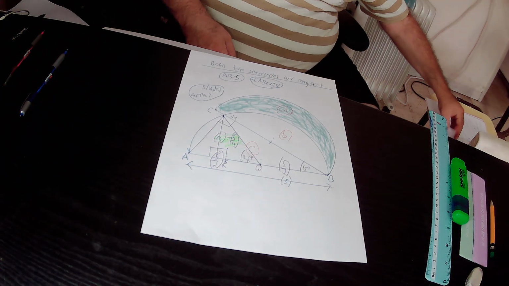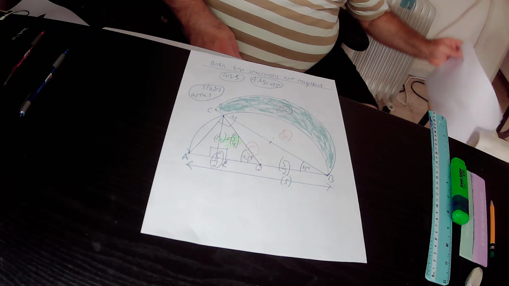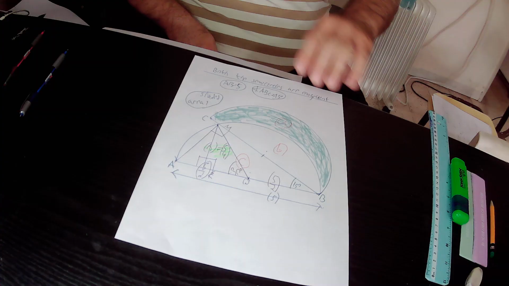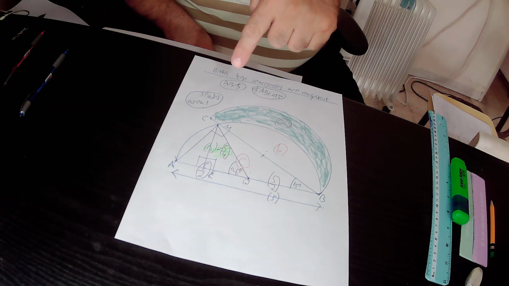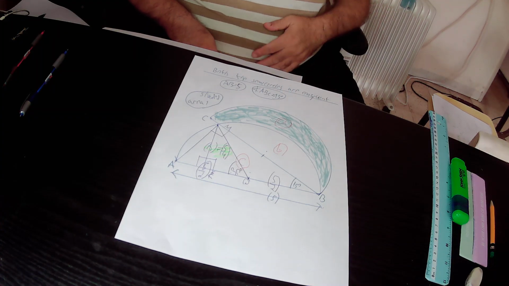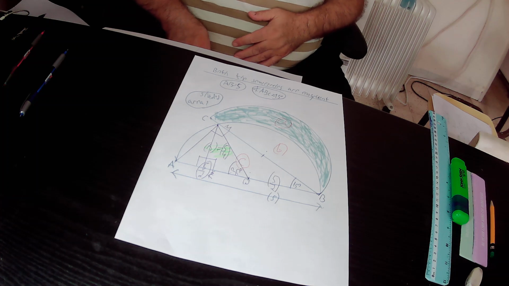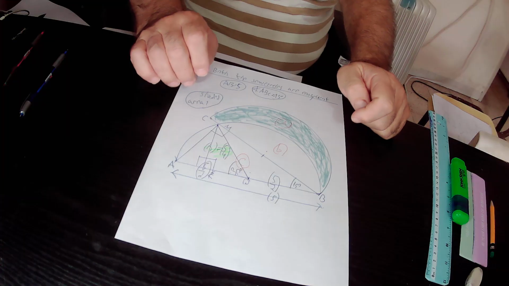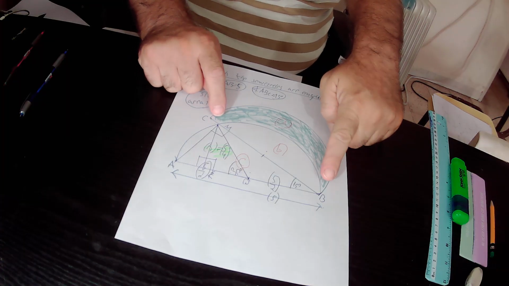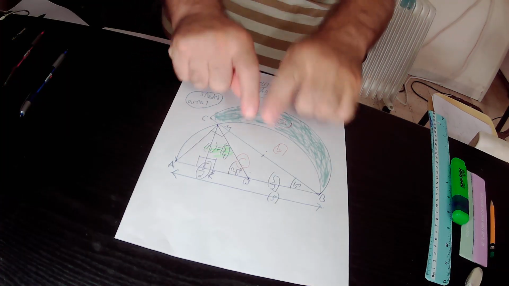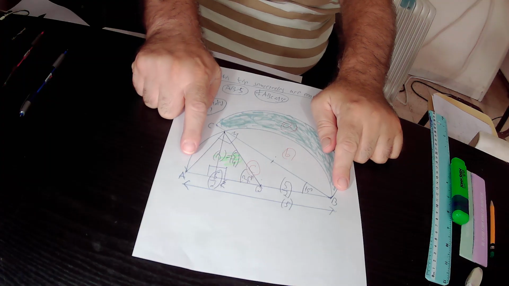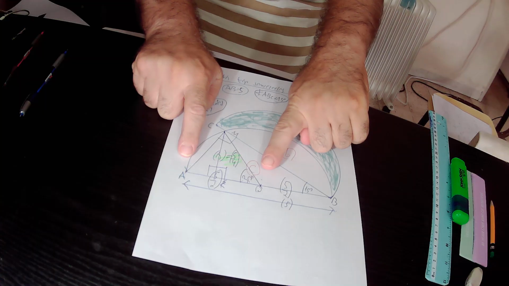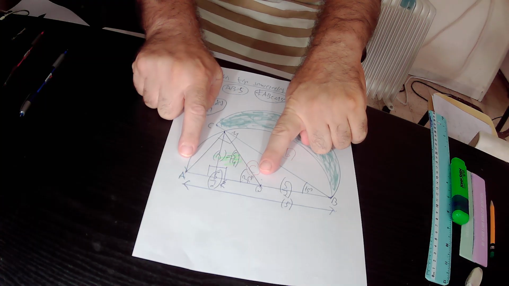In the second question, our task is to find out the area of this shaded region. So in the drawing we have two identical circles that intersect with each other at those 2 points. We know that AB equals 10, that is to say the diameter of this semicircle AB equals 10, and therefore the radius must be equal to 10 over 2, that is 5